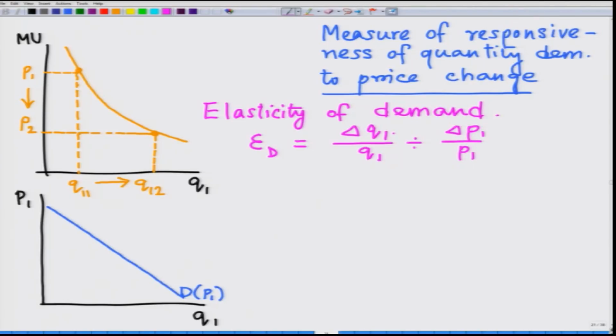So, this is the proportional change in quantity demanded due to some percentage change in the price. Now, this can also be rewritten as